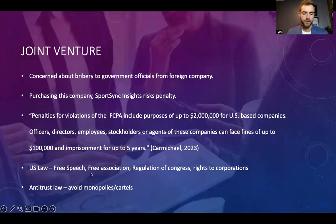Yeah. And then antitrust laws. When I was looking into this, it was a group of laws that focuses on avoiding monopolies and cartels. So if we are dealing with that foreign company, we need to ensure, when we're partnering with them, it wouldn't be in violation of forming a monopoly or a cartel, to make sure that we could avoid those